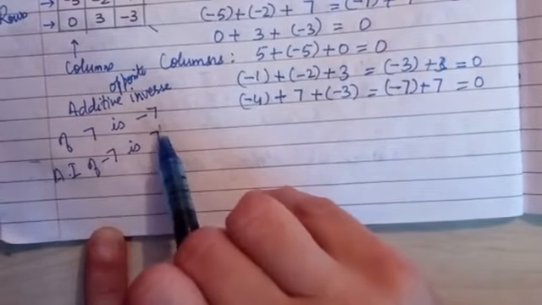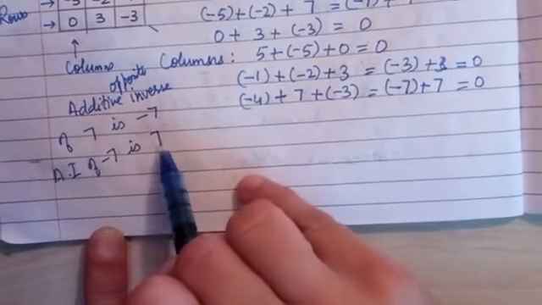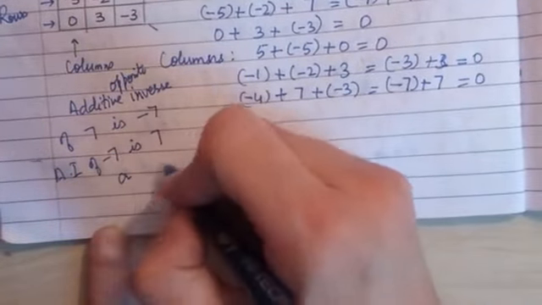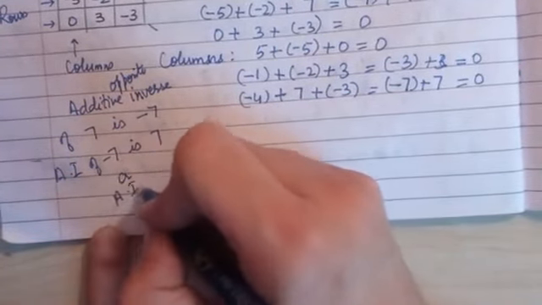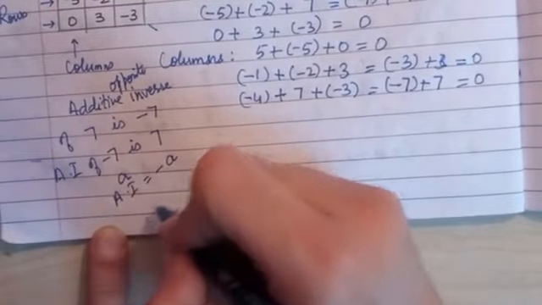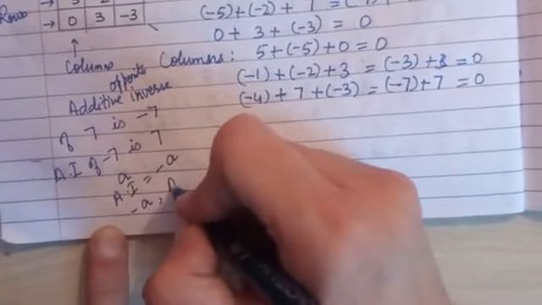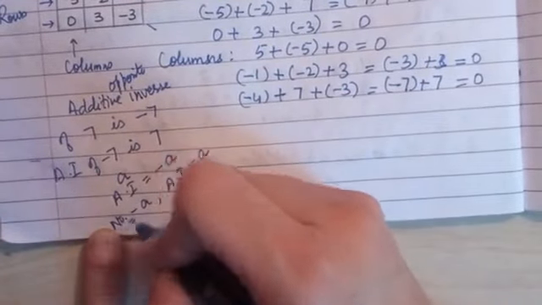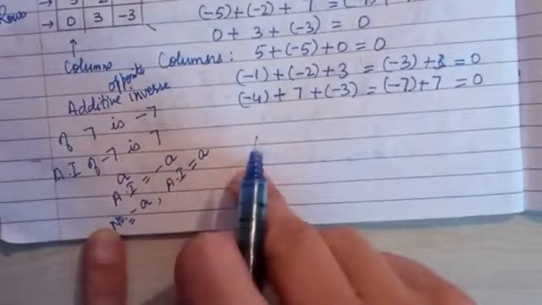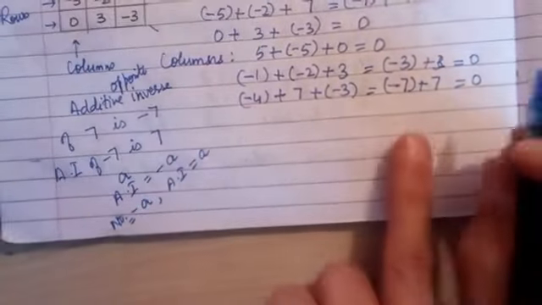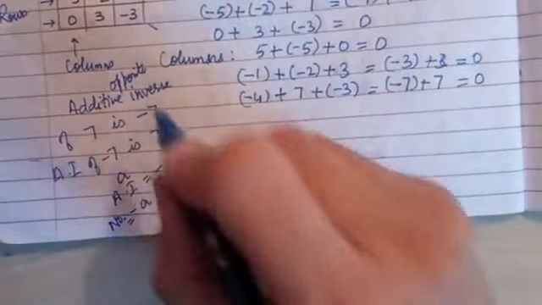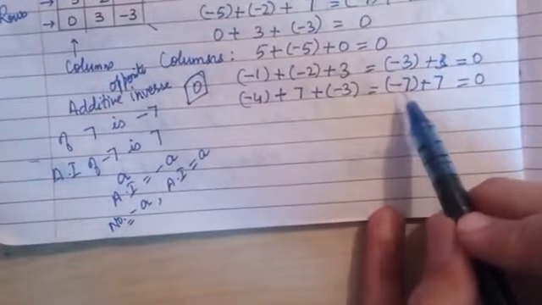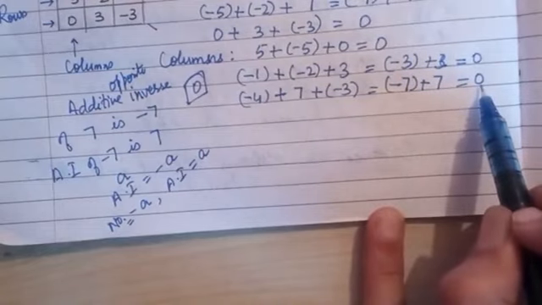7 opposite is minus 7. Minus 7 opposite is 7. If any positive integer A is there, its additive inverse will be minus A. And if we have given minus A, its additive inverse will be A. So here number is minus A, additive inverse will be A. Negative, positive, positive, negative. And when additive identity is 0, when you add a number with its inverse, answer will be 0.